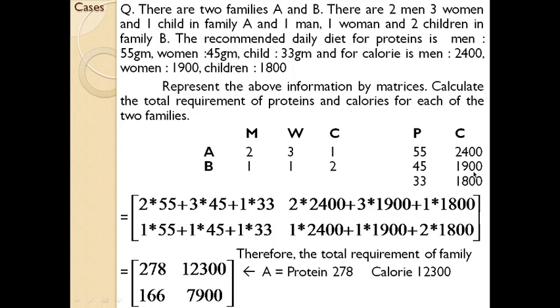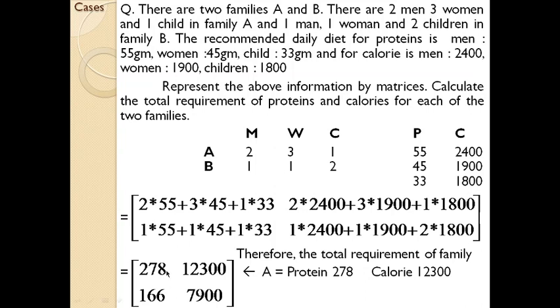So when you are multiplying, it is a clubbing of these two functions. See, here the row represents family, but the column represents the protein as well as calories. That's how you need to interpret the information. This is a very important concept. You need to understand it. Mere multiplication of two matrices doesn't mean that you have completed the concept. You have just dealt with half of the computation. The interpretation part is the most important and relevant one.